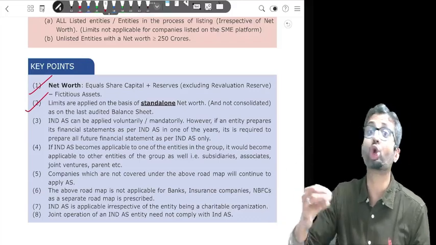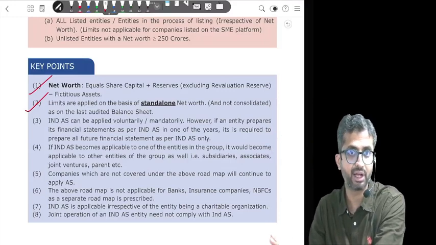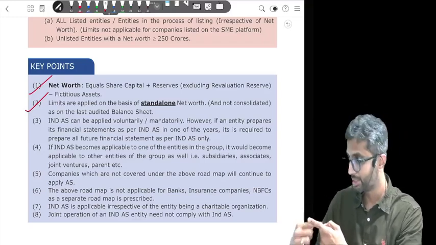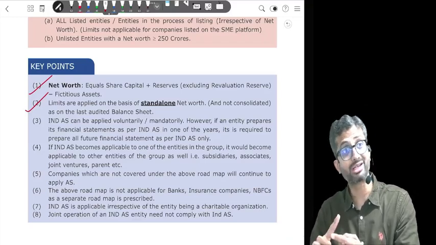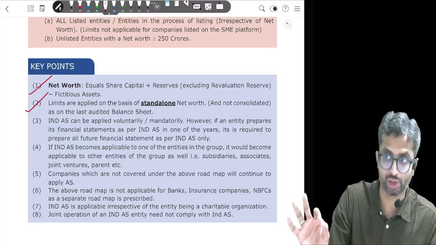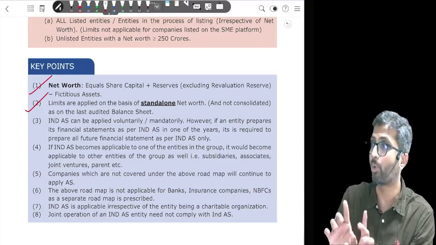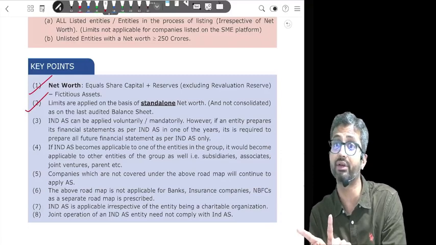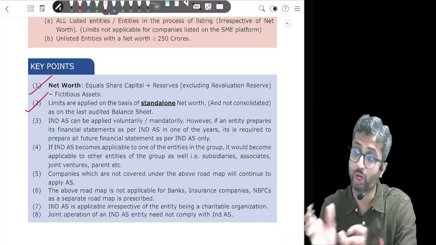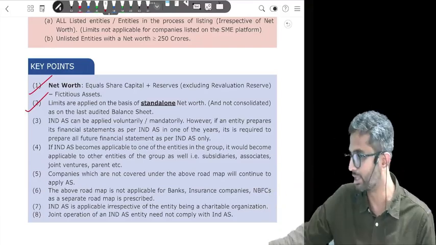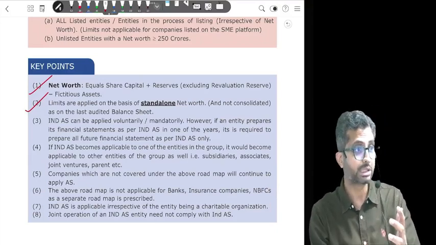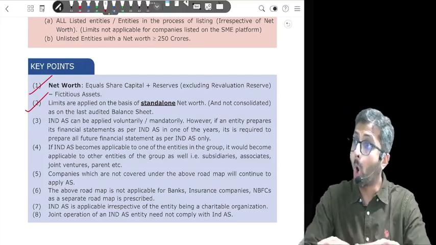If one company in your group touches Ind AS, and when I say group, it includes what? It includes your parents, your subsidiaries, your associates, and also something called a joint venture. We will study further and come to a point where we try to understand the difference between a joint venture and a joint operation. Joint operation will not be applied for Ind AS, but joint venture, yes. So what is the difference? We will study that. But for the time being, just remember that your parent, subsidiary, associate and joint ventures, all of them will touch upon Ind AS.